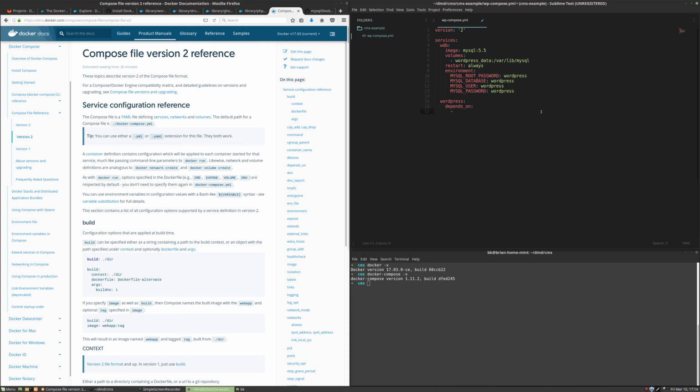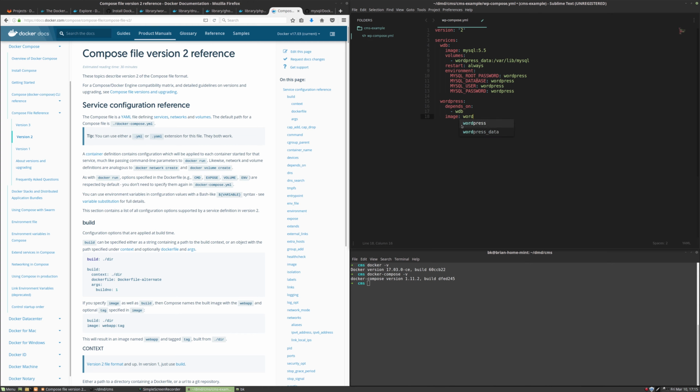Depends on will not start this WordPress service until WDB is started. That's very helpful. So when the WordPress container starts up and attempts to connect to the database when it first tries to initialize WordPress, it's not going to freak out that MySQL isn't done initializing. So we'll do depends on WDB,